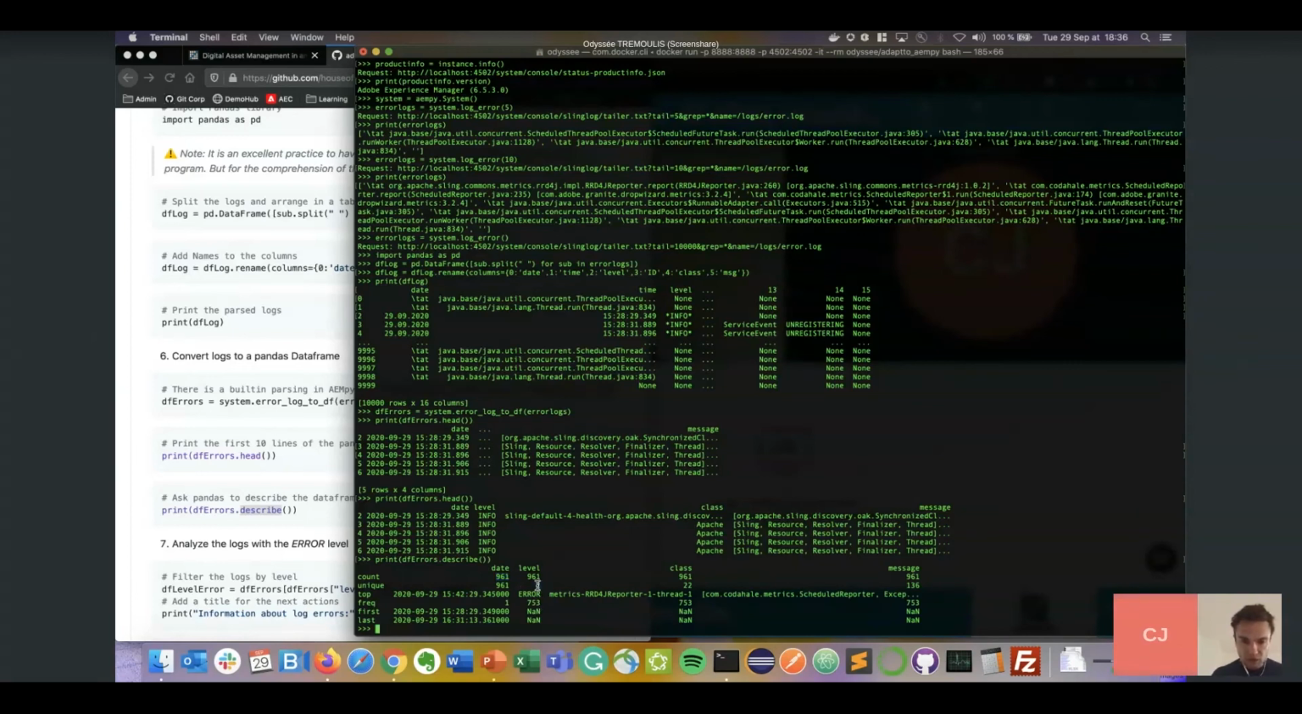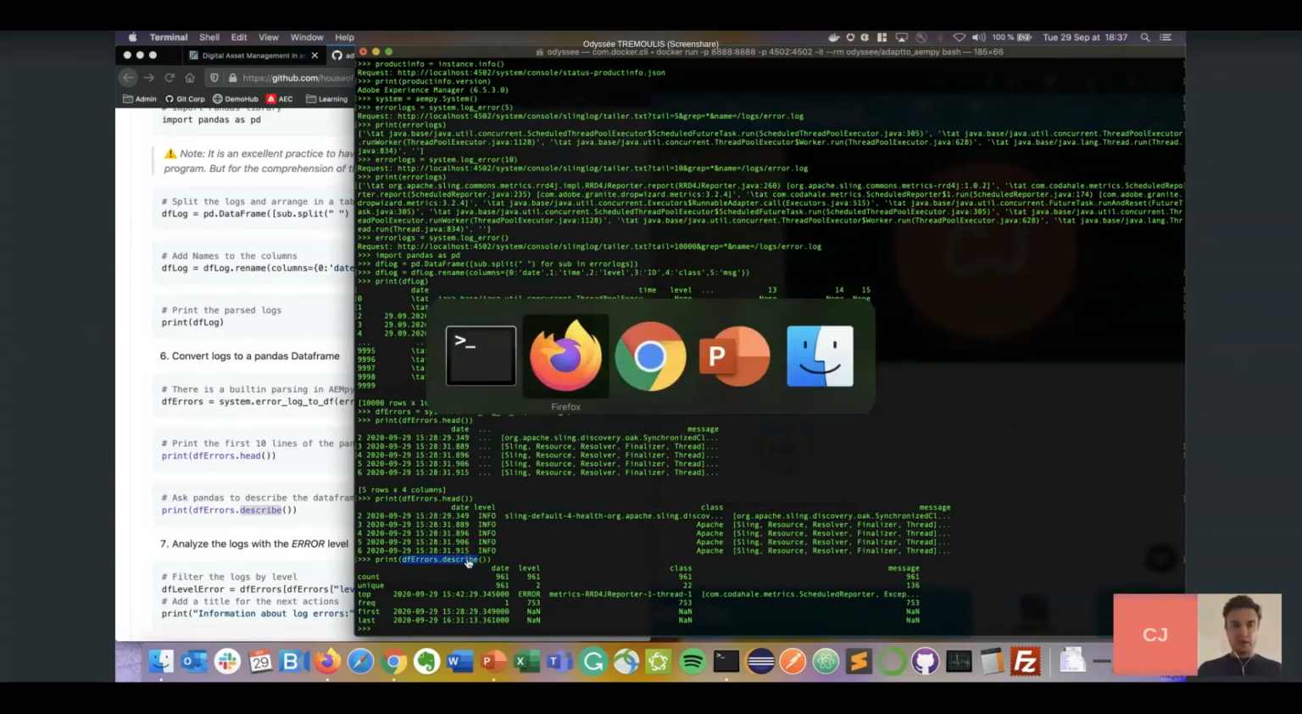I have 2 levels of logs, so I'm not sure which one. Maybe it's info and error. I don't have any warn message yet. The top message is an error on the metrics RDDG reporter. And I can see, for example, the first date. It started at 3:28 and it ended at 4:41. All right. So the describe method just gives me some basic statistics about the